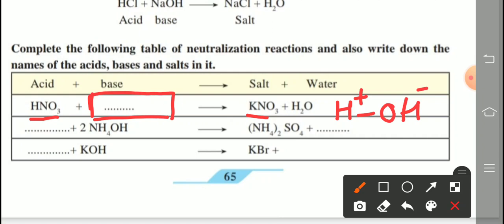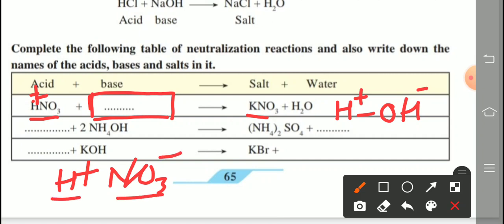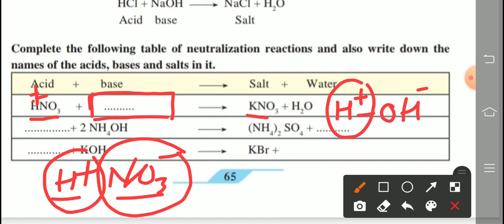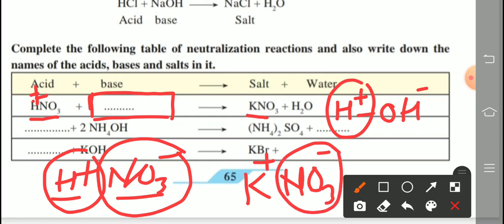With the help of radicals that we learned in previous lesson, check that chart very carefully. HNO3 means H plus and NO3 minus. So out of these two, what is present on the right hand side? Check now. Hydrogen ion is present, yes, that is present in water. NO3 present here. Now this KNO3, potassium nitrate, also we split, that is K plus and NO3 minus. So NO3 is present on right hand side. What remains now? So K plus and OH minus.